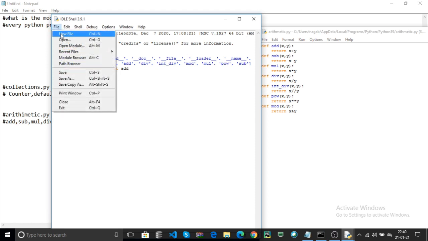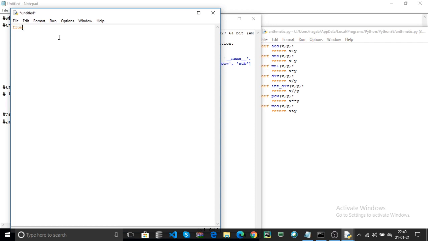Now go to File and write a Python program. From arithmetic import the add function. Now you enter a, for example int of input, enter a number. You can take the input dynamically. Then the same for b, int input, enter a number.